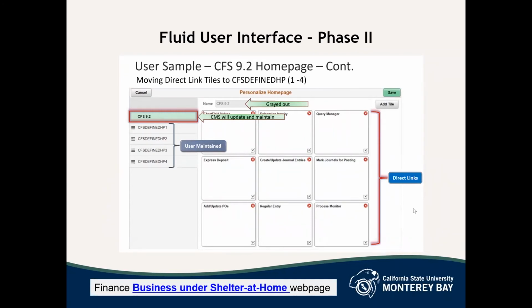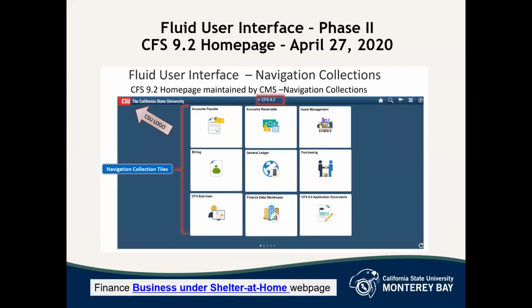Yes, next page. When we come in on April 27th, there will be a new page on CFS 9.2, and it's going to look something like this. And the navigation side, if anybody has been using the classic menu, which is prior to April 2018, will no longer be available on April 27th.